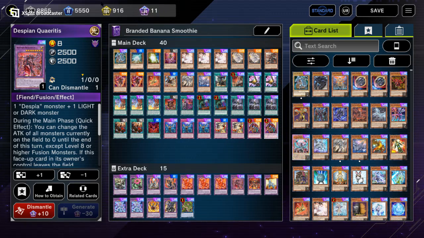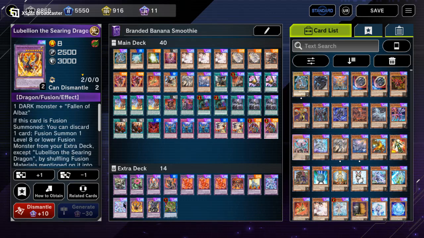But just kind of going over things real quick. The Blue Eyes package has been trimmed down very significantly because you just have so much access to it. Pretty much every card in the deck gets you to Blue Eyes. So you don't actually need to have that much of it. And Lubellion, actually, yeah, that's what I'm going to do. I'm going to get rid of Quertus and play a second Lubellion. Because, yeah, I actually just never, I actually